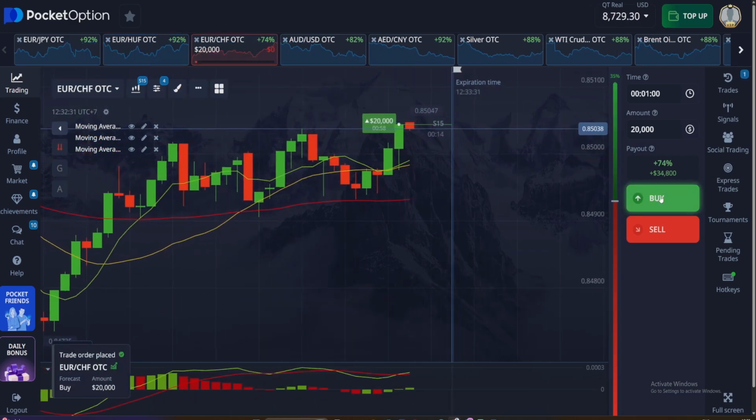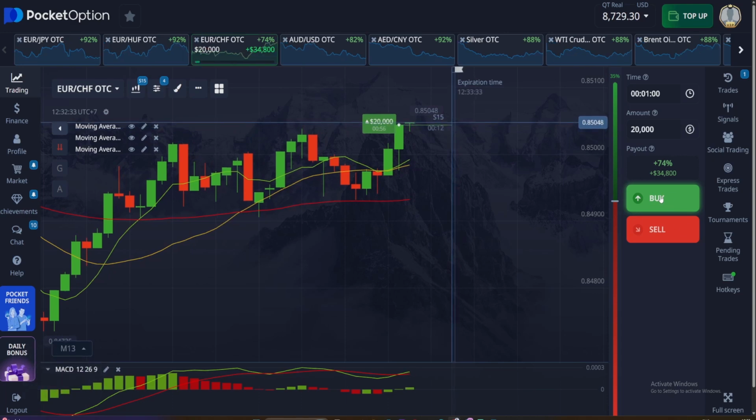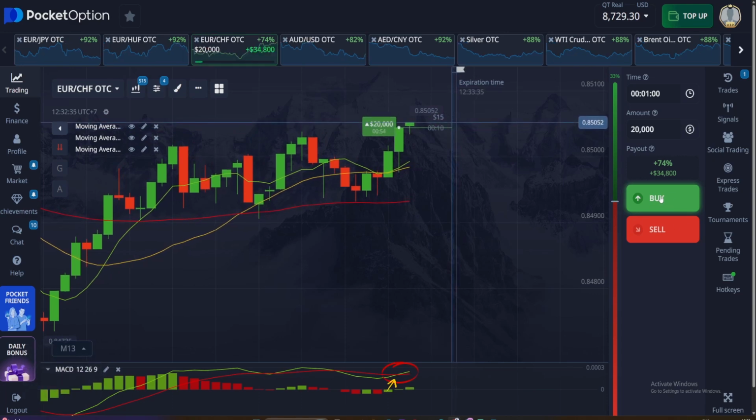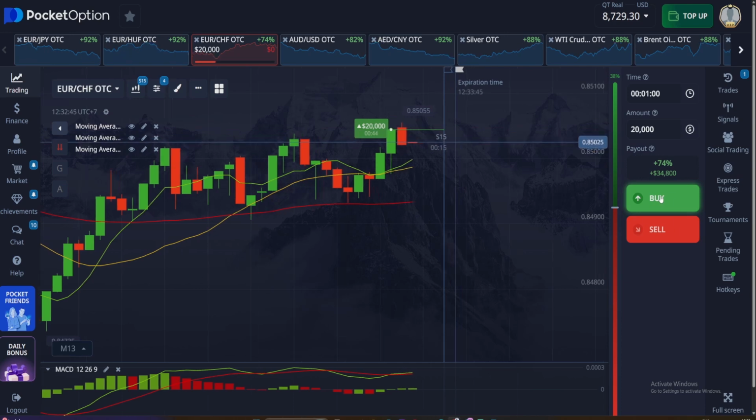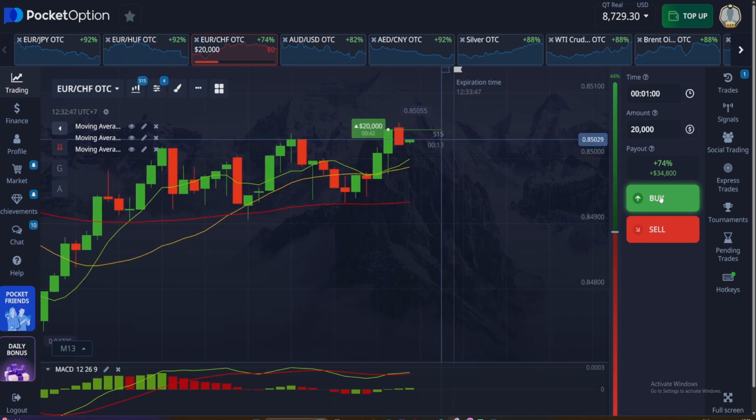Okay guys, in this market I've decided to enter a buy position. The reason is quite clear. I'm seeing a crossover happening both on the MACD indicator and on the moving averages. The crossover on the MACD suggests that bullish momentum is starting to build,